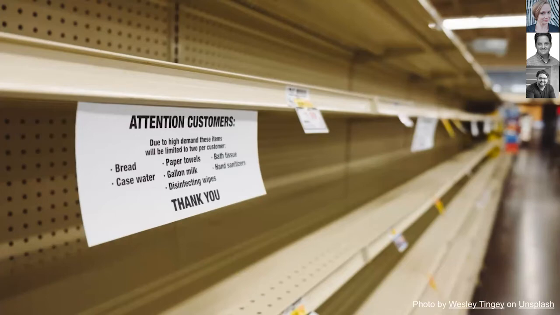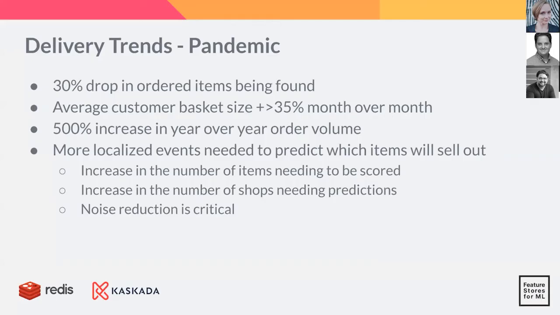So the part of the story, though, that you might not know is why it happened and how the delivery trends impacted the inventory systems. So why did it happen? Shoppers saw a 30% drop in the ordered items being actually found when shoppers arrived at the shelves. And that changed over the course of a day. When restocking times increased, the models that predicted availability over the course of the day was no longer predictive. The signs on the shelves that you saw on the last slide became the new normal.